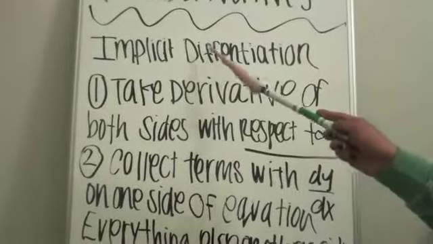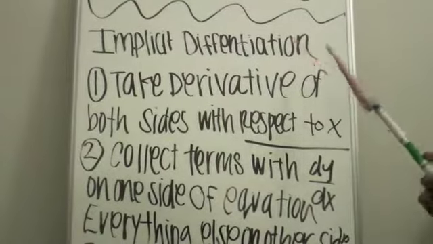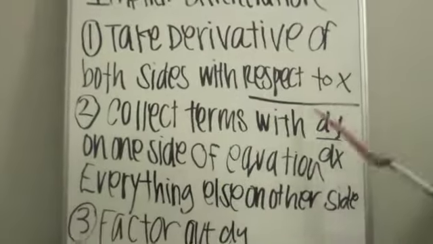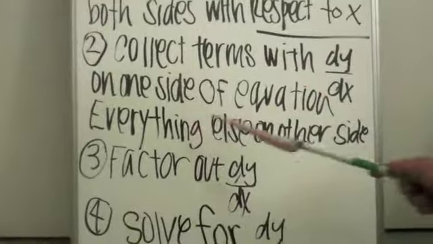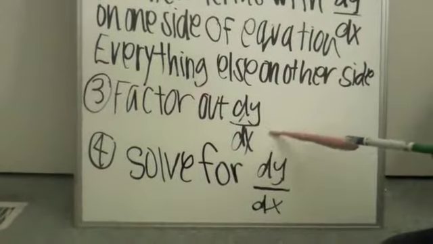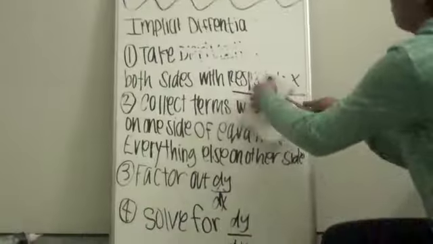Steps to implicit differentiation. Number 1. Take derivative both sides with respect to x. Collect terms with dy dx on one side of the equation, everything else on the other side. Factor out dy dx and solve for dy